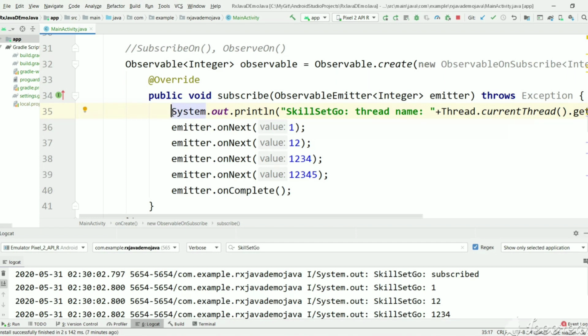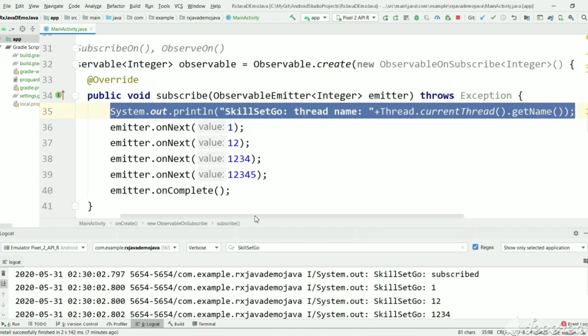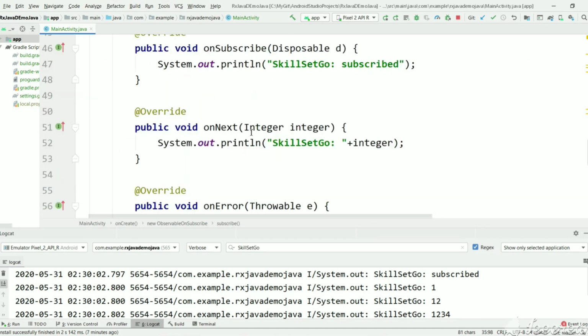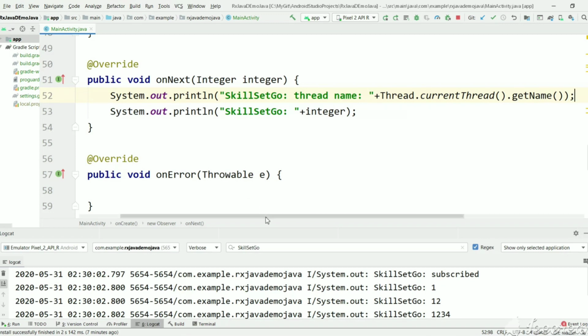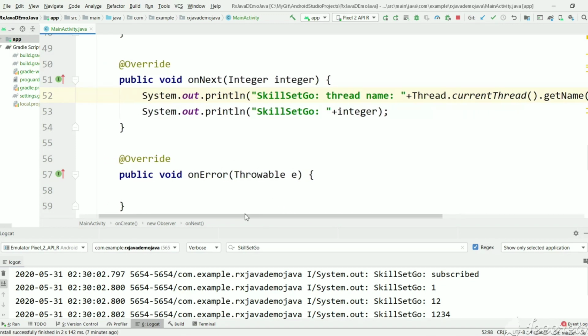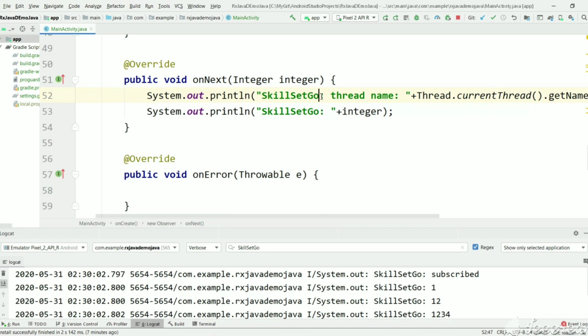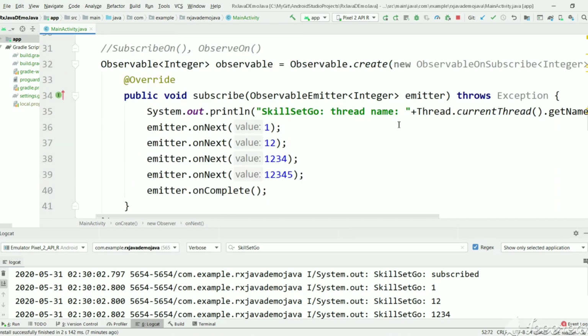And if you want to know where the observer is running, we will have a print in the observer code also. The onNext method will be used to print all data received from the observable. Let's make it thread name in observer, thread name in observable.